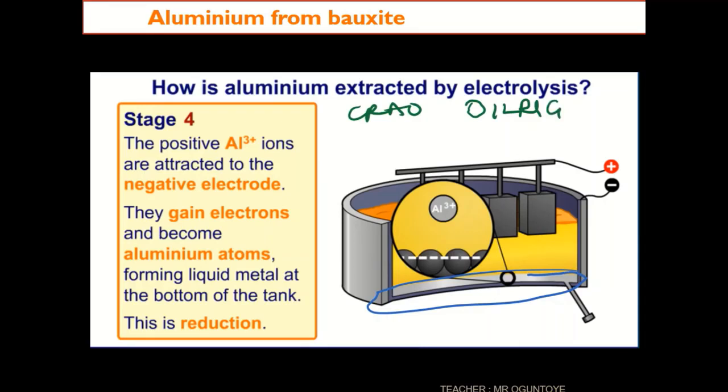So when the aluminum gets to this region, it's going to gain electrons. The aluminum, which carries a charge of 3+, will gain 3 moles of electrons to be deposited as aluminum atoms. So from the liquid, it forms the liquid metal at the bottom. That process is actually reduction. So that's simple. Let's see what happened at the